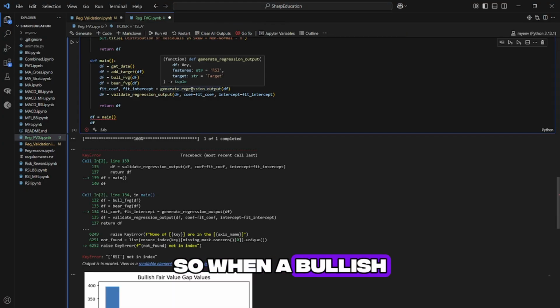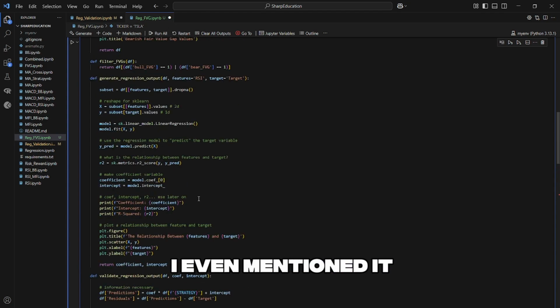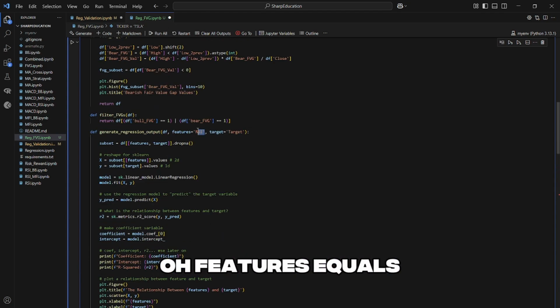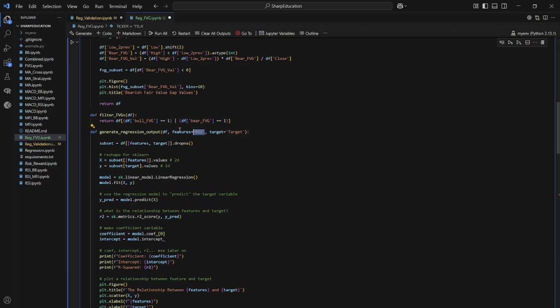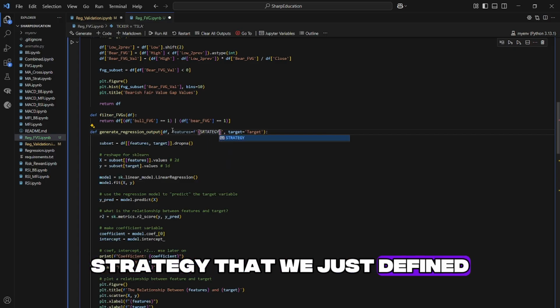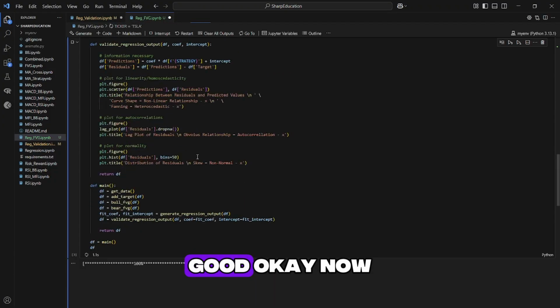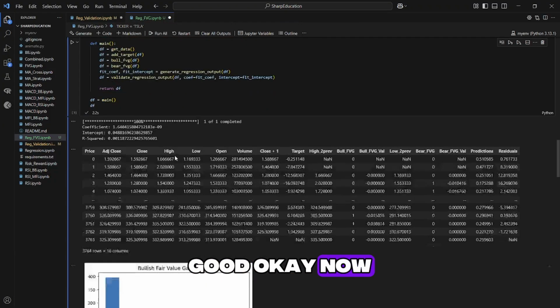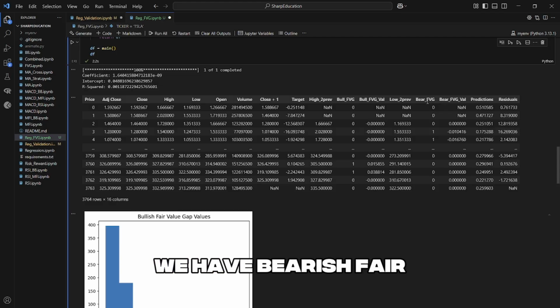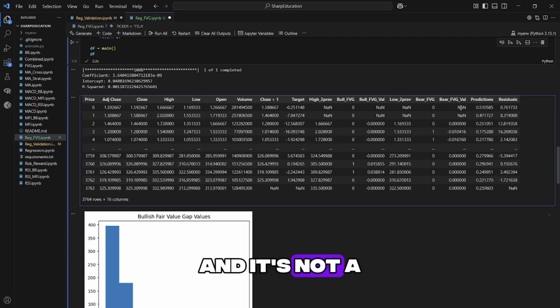So when a bullish fair value gap is present, RSI is not in the index. Where have I even mentioned it? Oh, features equals F, and then we're going to do that strategy that we just defined. Strategy. Good. Okay. Now, we have bearish fair value gap and bearish fair value gap value, and it's not a number